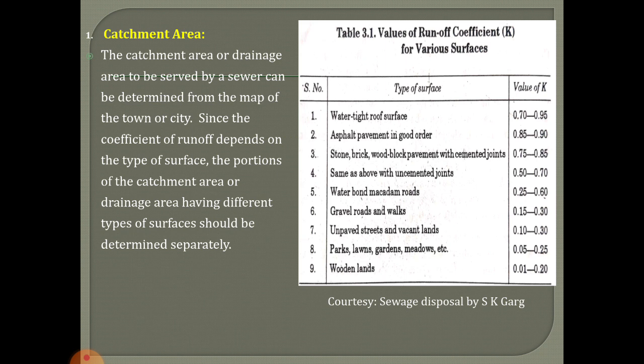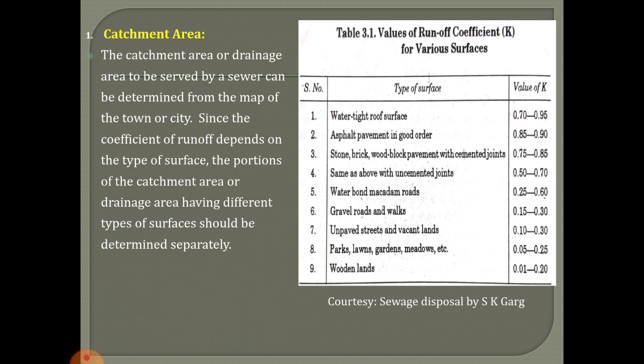For considering the runoff coefficient K, the various factors are as follows. A watertight roof surface has a K value of 0.7 to 0.95, asphalt pavement in good order 0.85 to 0.90, wooded land 0.01 to 0.2, unpaved streets and vacant land 0.1 to 0.3, and park lawns.